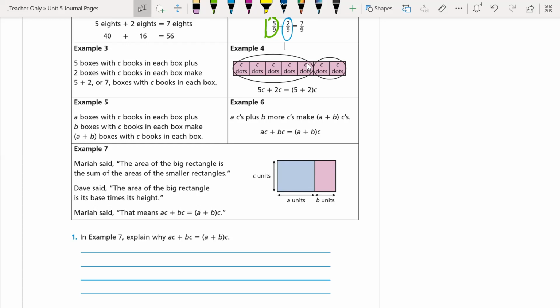So we did all of those. I'm going to skip 5 and 6 because we talked about those in class. So I'm just going to X those out, and they're very similar to examples 3 and 4. What I want to do is skip to number 7. And the reason is this looks very similar to what we've done with geometry, and it looks very similar to what we've done with multiplication in